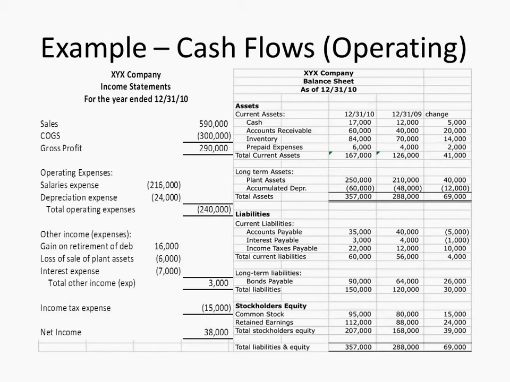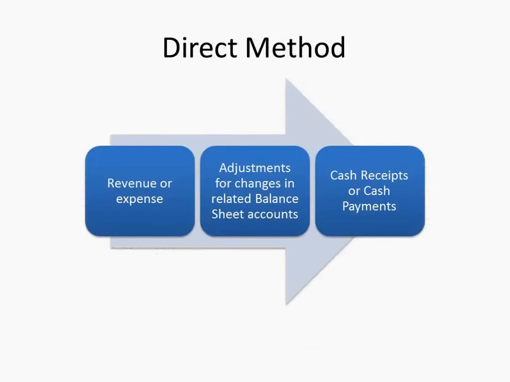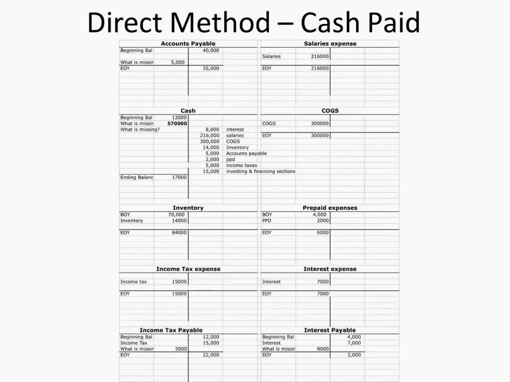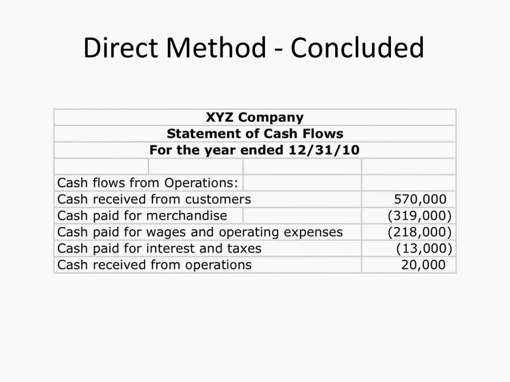Okay, I'm going to move forward for a second, then I'm going to go back. So let's look at that. We just went through a few numbers here. So cash paid for interest and taxes, I clumped them together. So we had $8,000 and $5,000. There's your 13 total. With me? That would be your operating section. These can be listed separately. I have them clumped together. They could be listed separately.